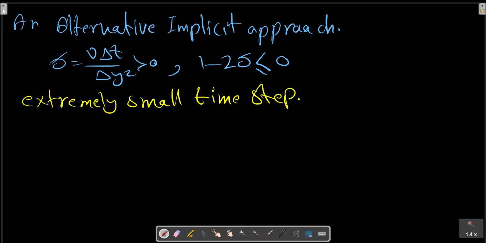To allow a larger step, one can treat the model in an implicit fashion by evaluating the second derivative term